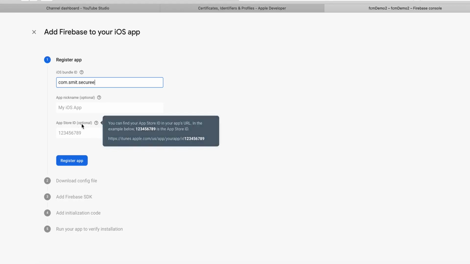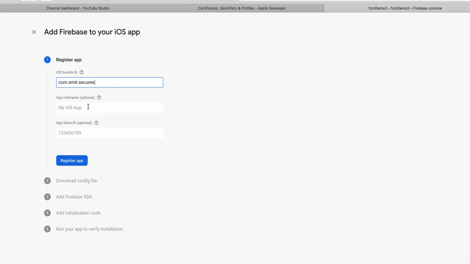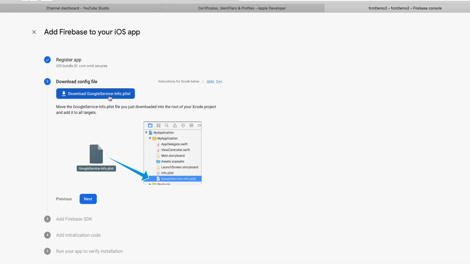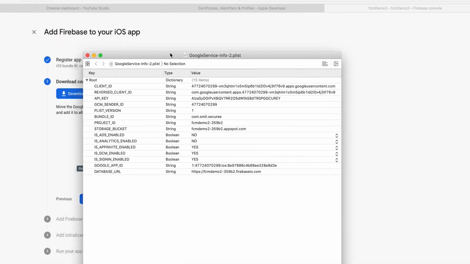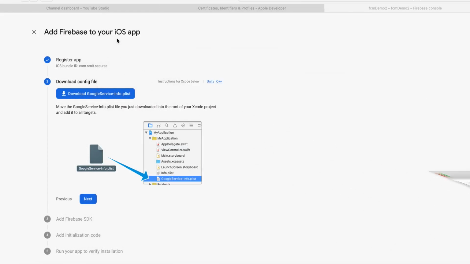Bundle ID. I have this bundle ID. It is optional. This is also optional. No need to add. Okay, you just need to add this one. Download the Google Info services. Okay, Google Info services is here, right? And now get back to the Google Info service and just copy and paste on your project. I have already done. Okay, let's